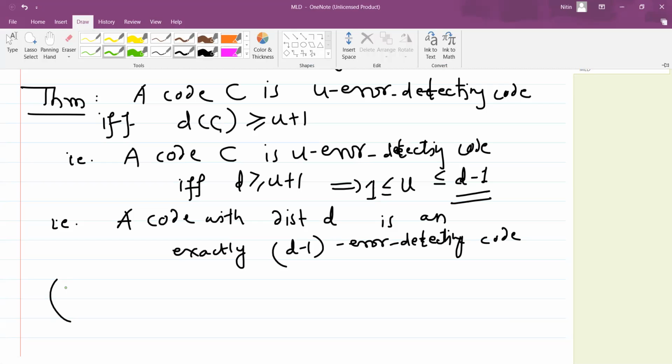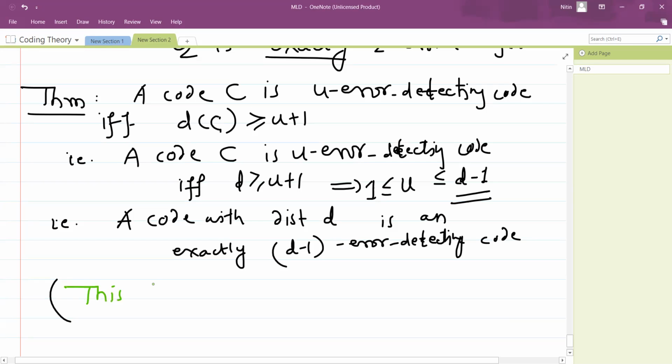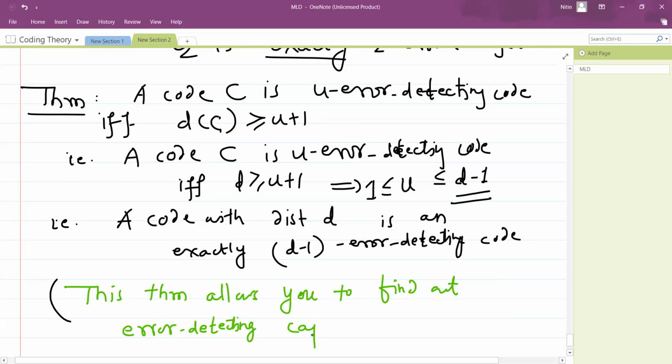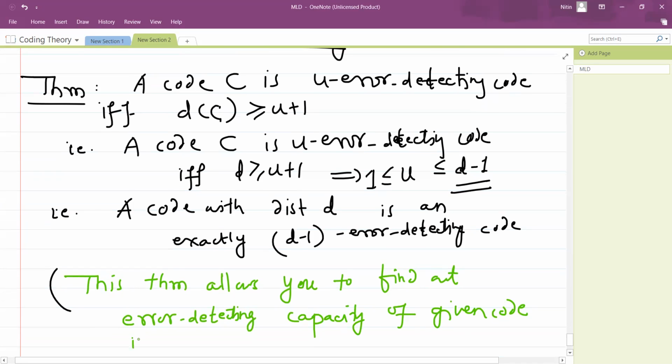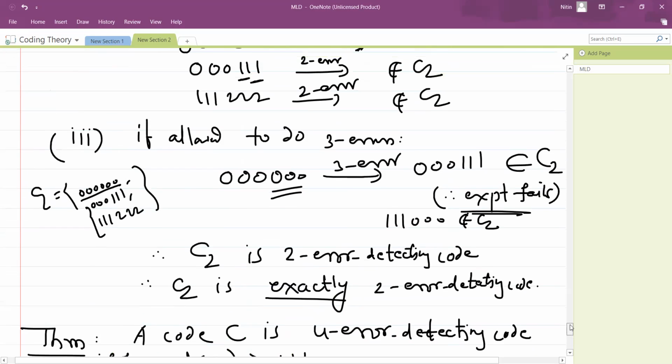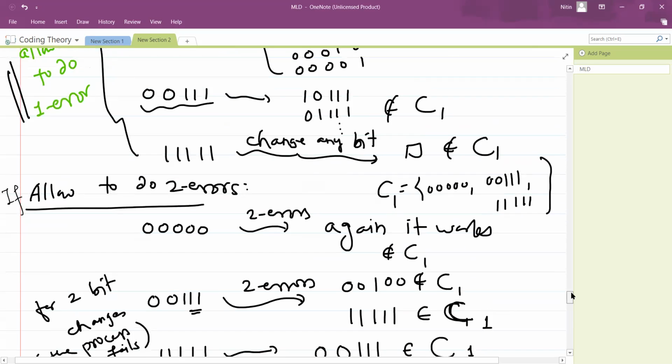Because this theorem allows you to find out the error detecting capacity of a given code in a faster way. So what I mean by faster way: in example 1 and example 2, we were finding